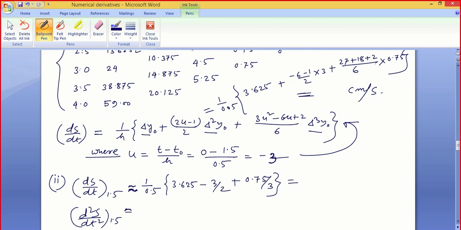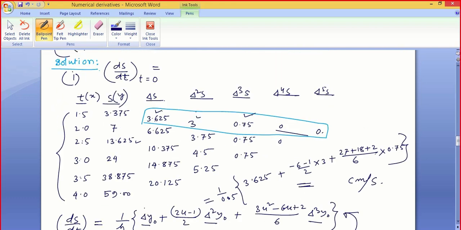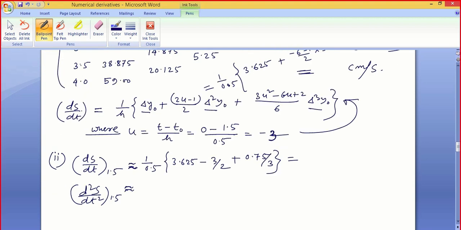With the help of numerical techniques, we are going to calculate the values. And why do we have to use this numerical technique? Because we don't have the continuous function s with respect to t. S is a function of t, but that continuous function we don't have. That is why we cannot calculate exactly. With the help of this discrete set, we have to get the approximate value, and that is why we are using these numerical techniques.